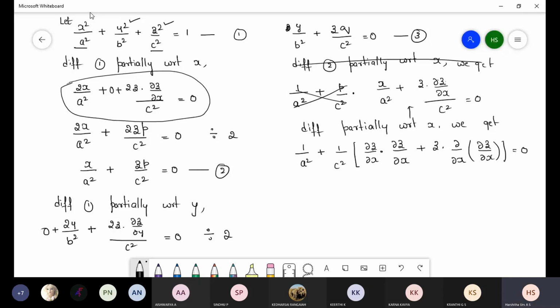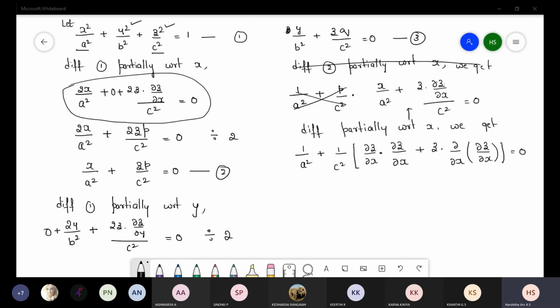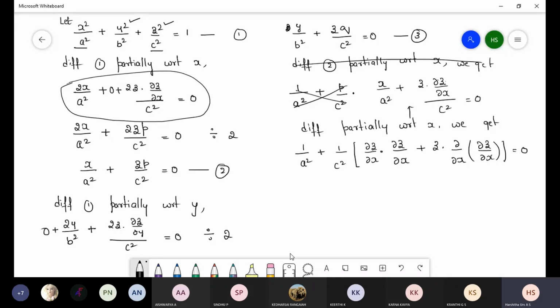Because if I write directly from equation 2, you will consider p also as a constant term. But for p, we had given a name by the notation, that is dou z by dou x. That's why I considered this step once again. Is any doubt in this step? Any doubt in the product rule? While writing the second differentiation, don't consider the notation step.